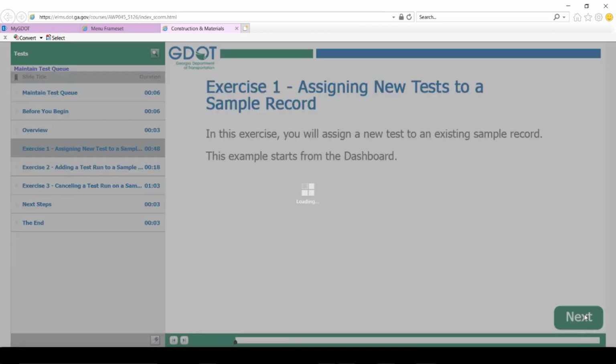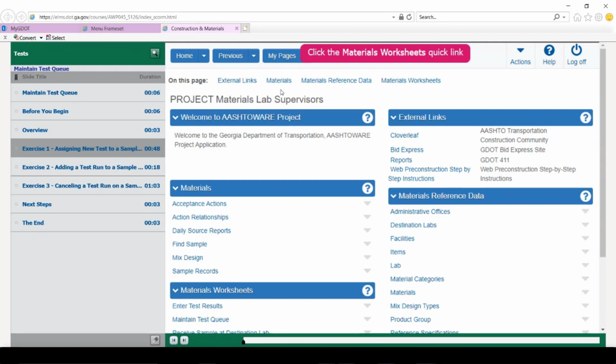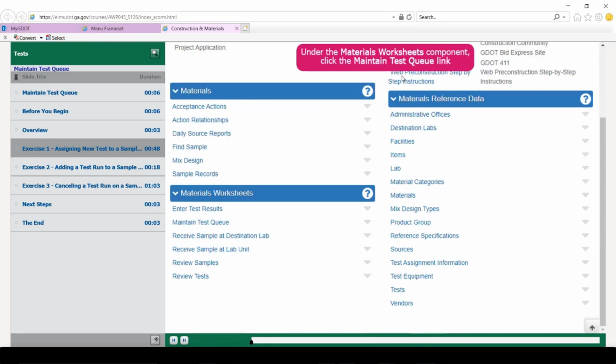In this instance, we'll start from our home dashboard as a project material lab supervisor. And then there's the material worksheets quick link. You've got a quick link up here. You also have a component with that. But if I click on the quick link, it takes me to the component, scrolls to the bottom of the page and shows all of the component links.